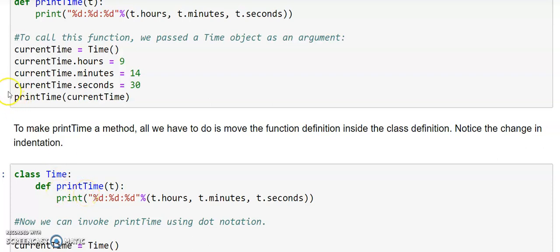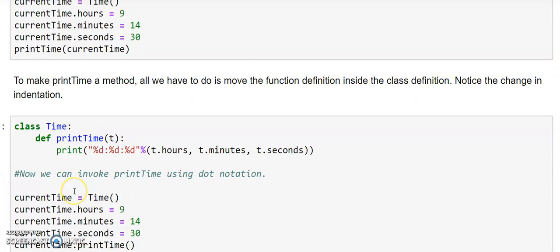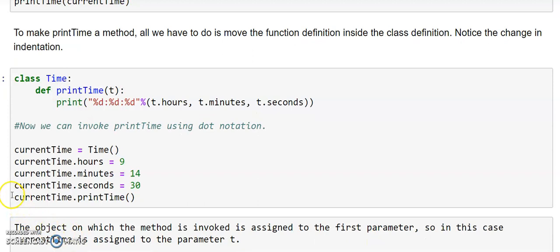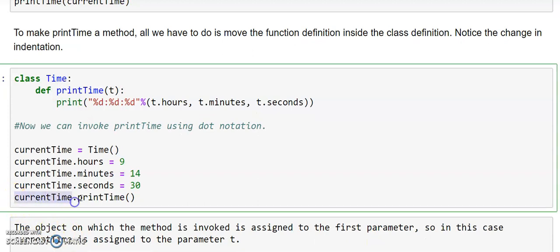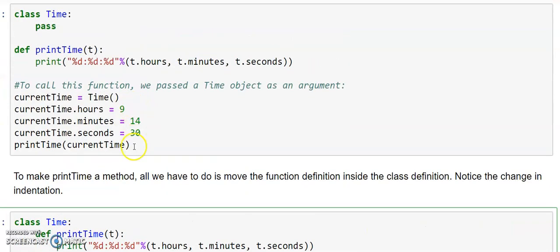Once we make this a method of the class, how do we invoke it? Now there will be a change between invoking a function and invoking a method. We already know invoking a method: the object name, dot, the method. So we just create an object. This is the normal procedure we have followed so far. Assign all the attributes of the time. The very important thing is the object, dot, the method name which we are invoking. This is the way we invoke a method. So we will be able to do it. We'll just quickly execute this.